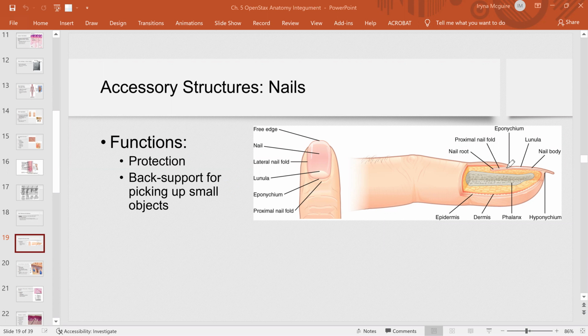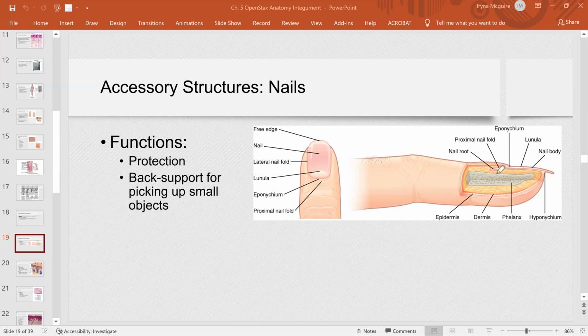So you have nail root, and this is where you will have a matrix as well. Nail matrix, where you have cells that divide and synthesize keratin, and then keratin is deposited on the top of your fingers and toes. And this part that you can see is called nail body,